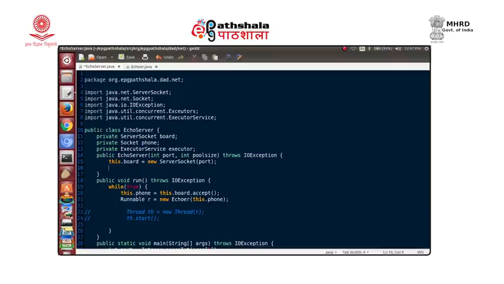So, this.executor is equal to the method in the Executors class, Executors.newFixedThreadPool, and the parameter here is the pool size, and we follow the convention.